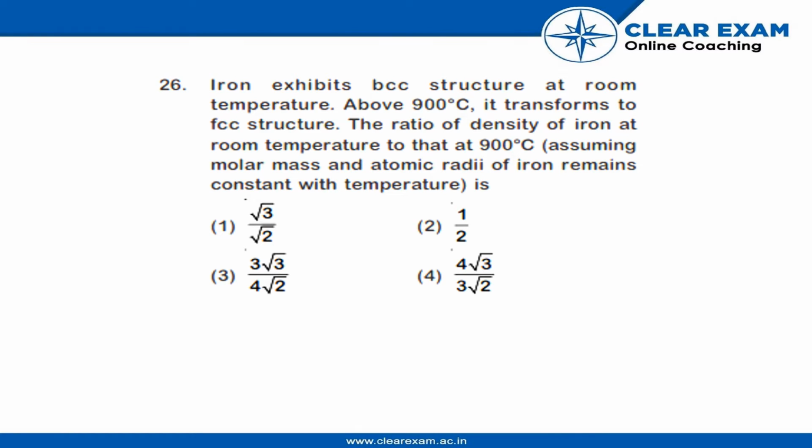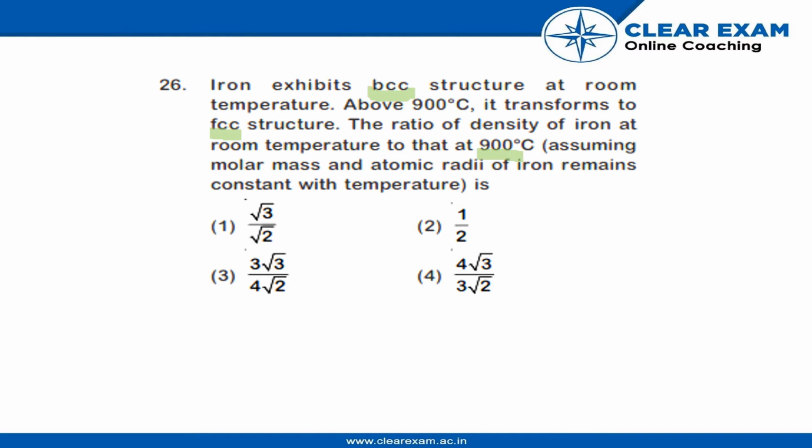Iron exhibits BCC structure at room temperature, and above 900 degrees Celsius it transforms to FCC structure. At room temperature, as you can see, it is in BCC structure, and above 900 degrees Celsius, it exhibits FCC structure. The ratio of density of iron at room temperature to that at 900 degrees Celsius,